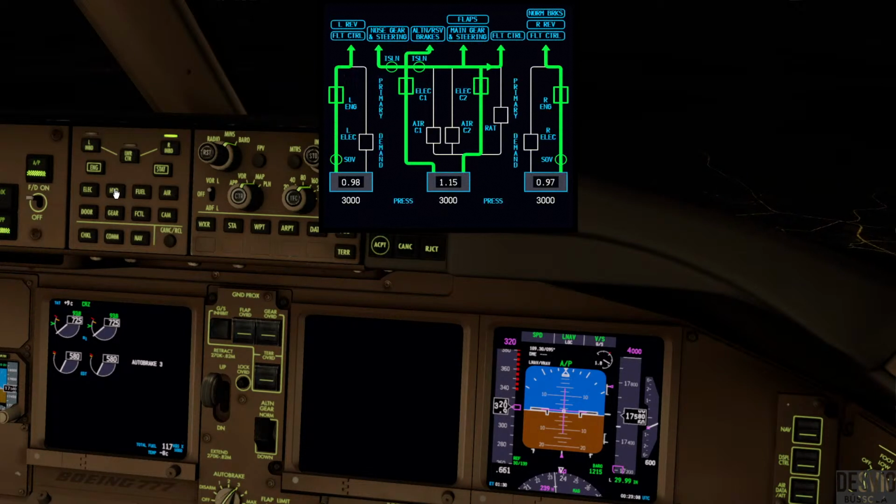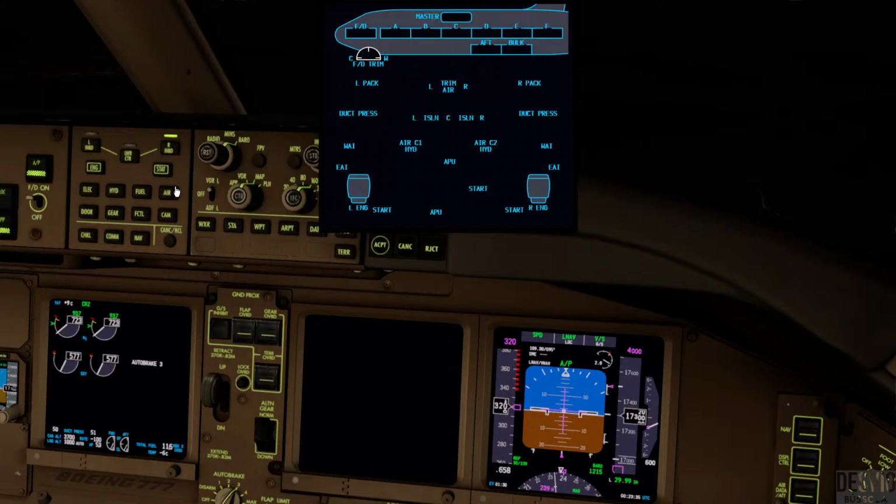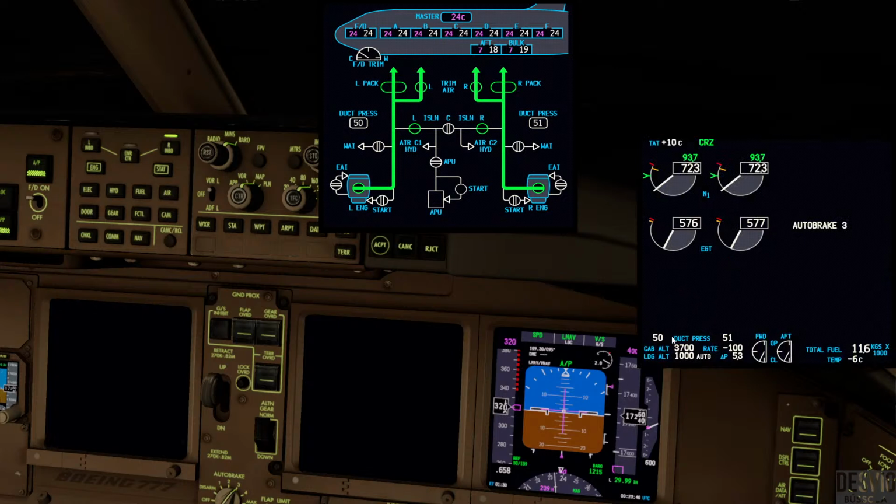Okay, hydraulics, they are working fine. We have all the primary pumps working. All the main pumps, they are in auto and not working right now. Fuel, we have 5.8 tons on each main tank, and crossfeed is closed. Total of 11.6 tons. Air conditioning. So air conditioning, we have some information here, which is the duct pressure for each side,